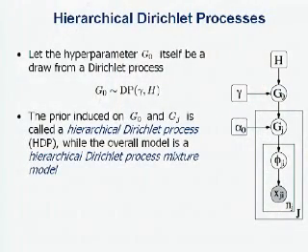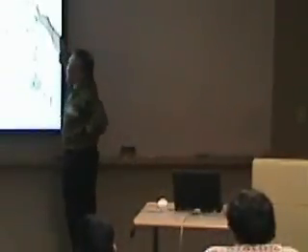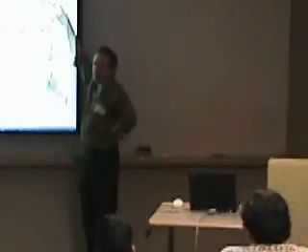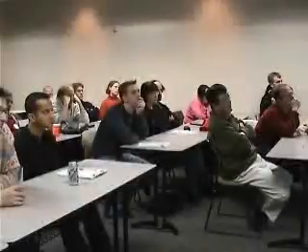So how do you solve this problem? Well, you go to another level of the hierarchy, and it solves the problem. What we do is we say that G naught is itself a random variable. It's a Dirichlet process, coming from an underlying measure and an underlying scaling factor. So generatively, you fix those, and you now generate G naught. And we know with probability 1, it'll be a spiky distribution. And that's now the base measure for all these multiple G's. So we're passing into this guy as a base measure a spiky distribution.